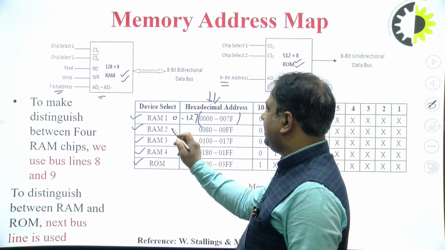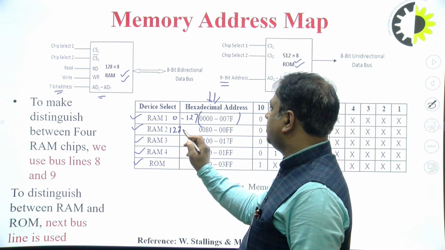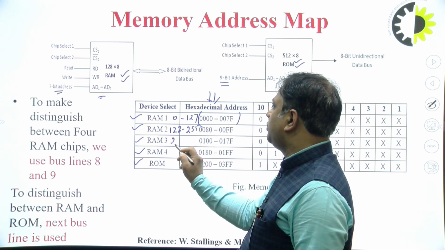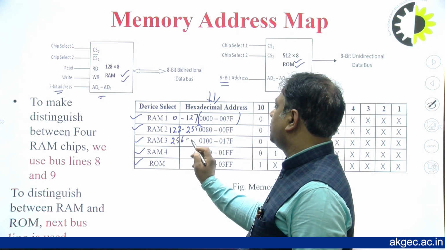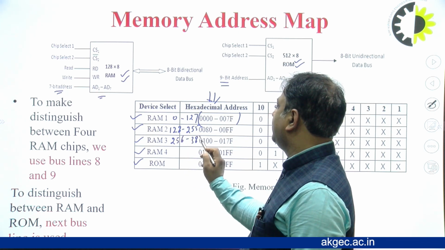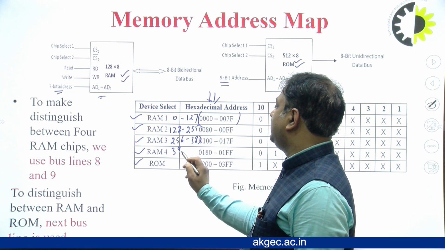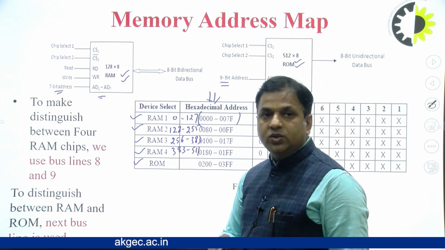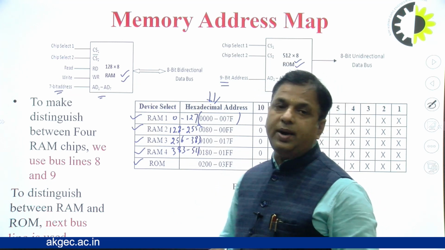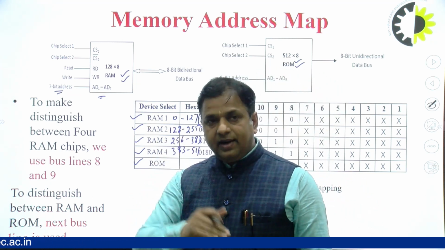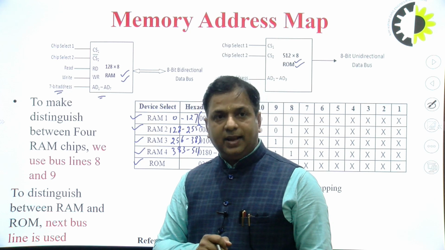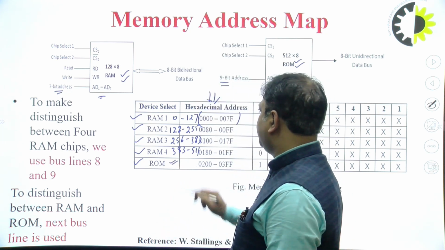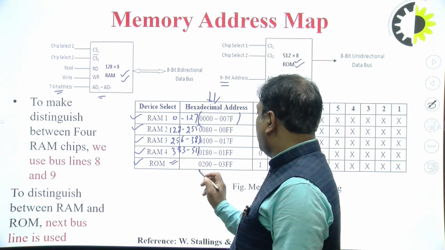The next RAM will contain the addresses from 128 to 255, next RAM 256 to 383, next RAM 384 to 511. So the total addresses 0 to 511 will be divided into 4 different RAMs, RAM 1, 2, 3 and 4, and the last one, the ROM, is single,